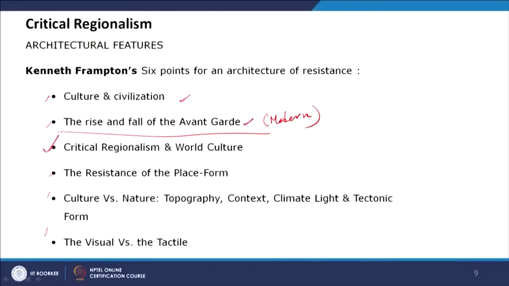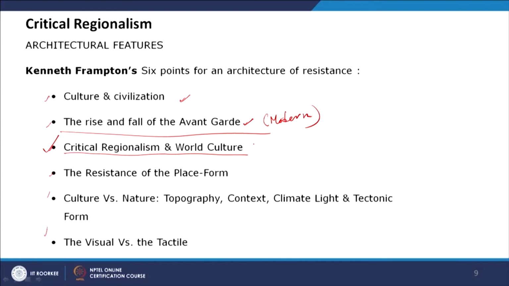It was a radical, top-down design style. There was a radical visual style, and we did not have any social contextual element in the design. Now in the next stage he is talking about critical regionalism and world culture, how critical regionalism started